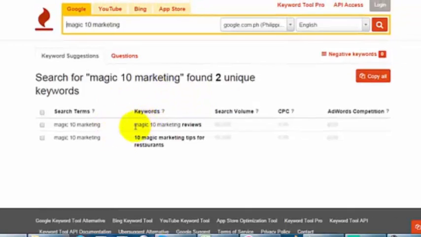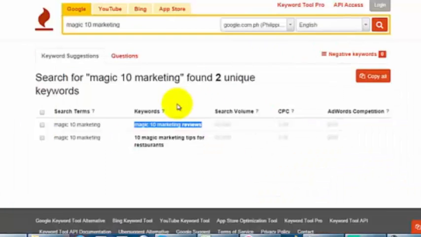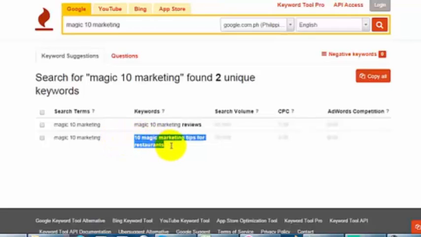Just copy this one, Magic 10 Marketing reviews, and paste it in the tags, and put this other one, Magic 10 Marketing tips for restaurants.